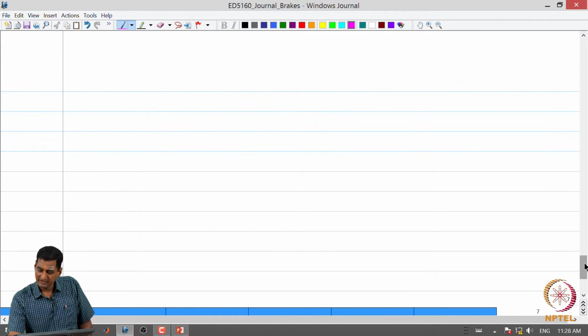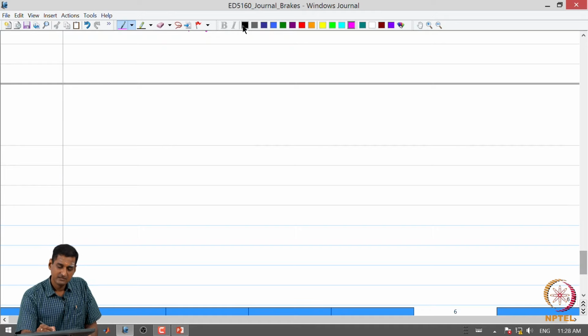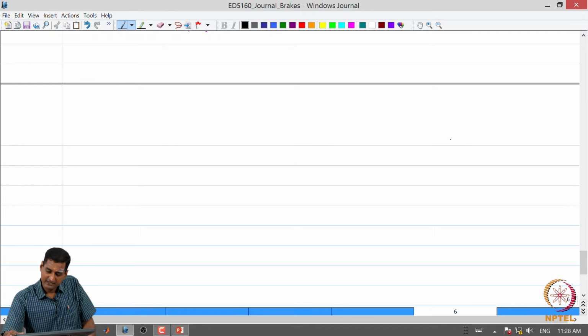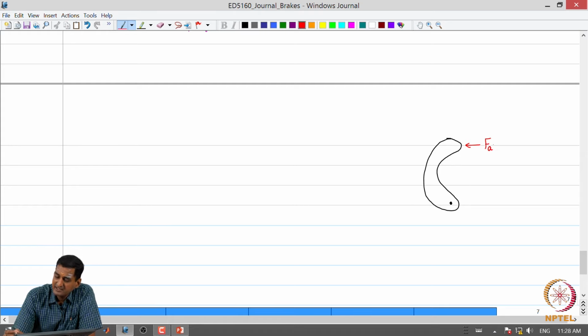So, let us draw the free body diagram of this so called leading shoe. Once again I am going to do a lumped analysis. Let us say this is my leading shoe, let us identify all the forces that act on it. Let us say through either the cam or the wheel cylinder I have an actuation force. So, Fa is nothing but the actuation force that acts on the